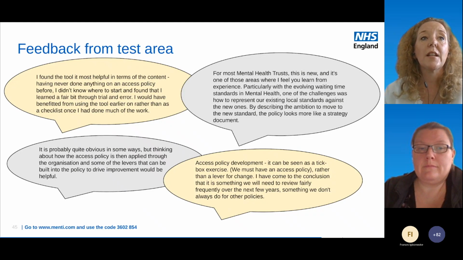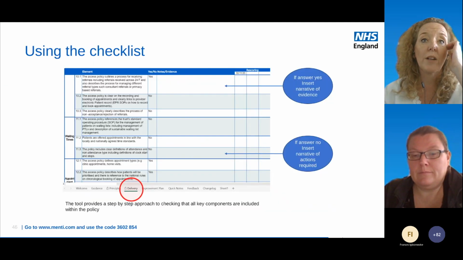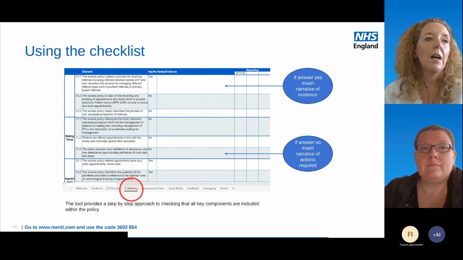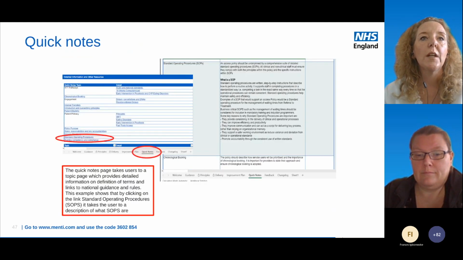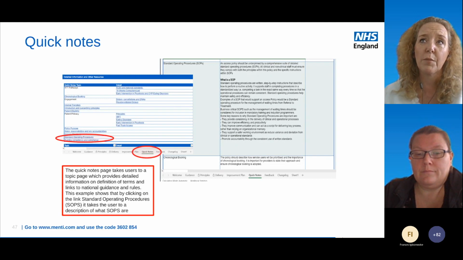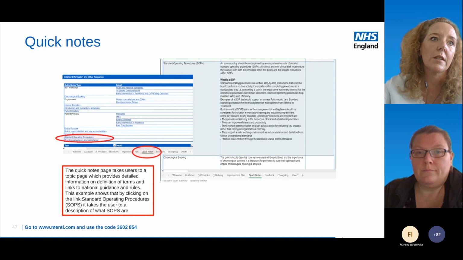Okay, so the next couple of slides are just a few screenshots of what to expect when viewing our tool, which can be seen on our Futures platform. A really useful section of the tool is the quick notes section, as it gives detail and information on definition of terms and links to national guidance and rules. And I can see in the chat some people have put in about extra guidance in terms of those patient priority groups, i.e. looked after children, and there's obviously a bit further detail in the elements of patient priority and quality standards there.